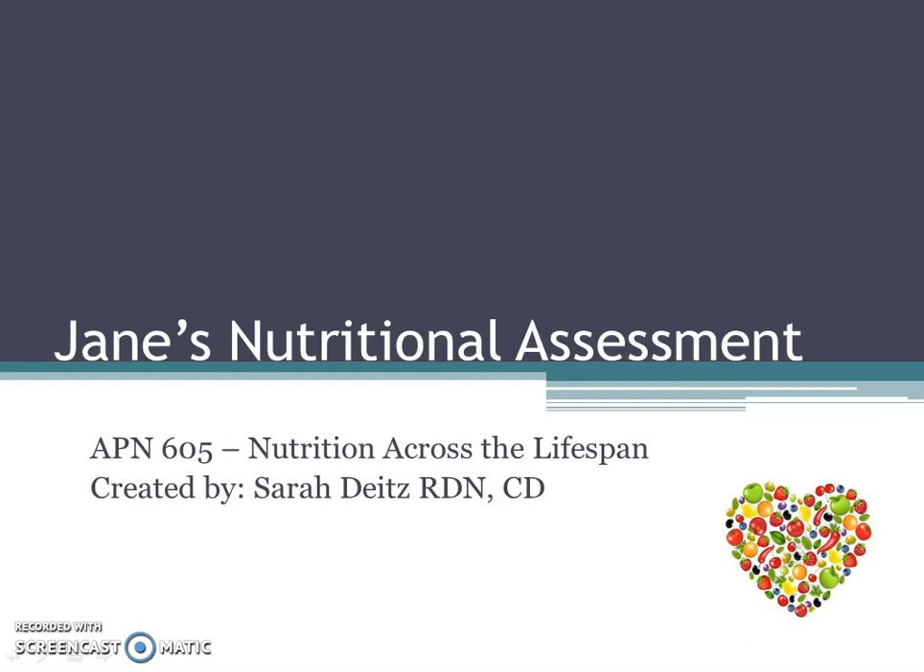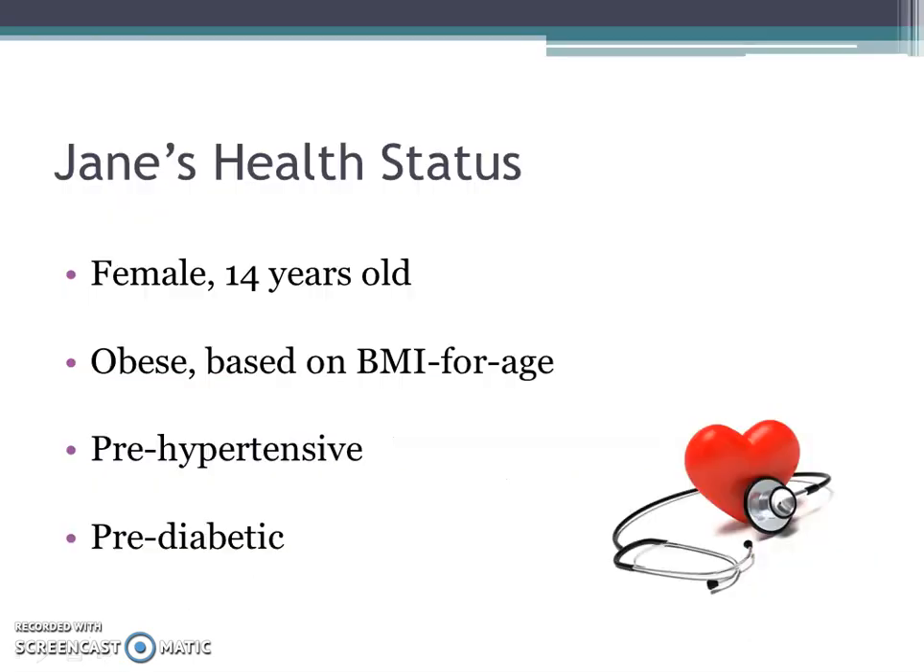Today we will be discussing the nutritional case study of Jane. Jane is a 14-year-old female who is classified as obese based on her BMI for age. She can also be categorized as pre-hypertensive and pre-diabetic. We will focus more on these issues later, but for now we will first discuss the potential etiologies of obesity